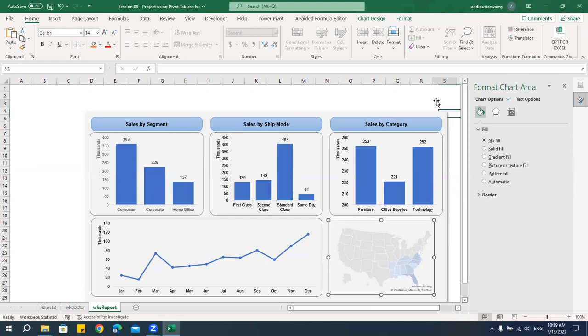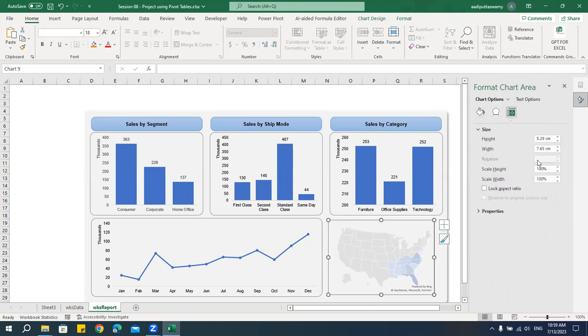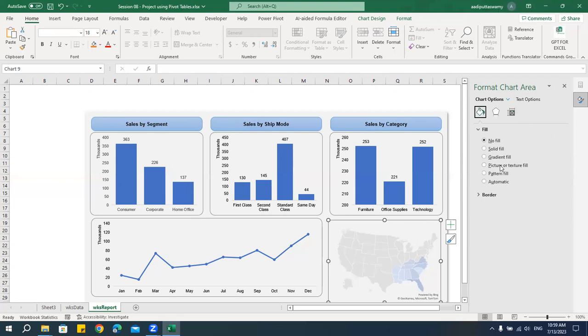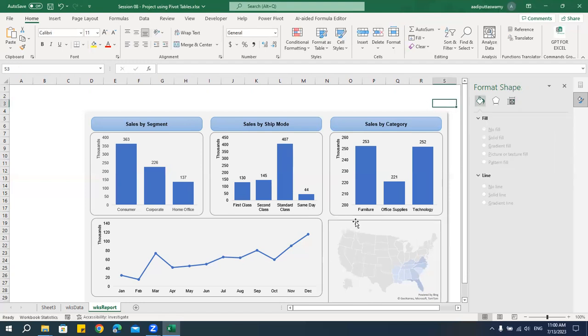Okay, right. Let's go to the size. 5.87. 8.1. Now, if I go to this fill, here I'm trying to give the border. We don't have the rounded border here. Okay. See, all these are actually looking good, but here,